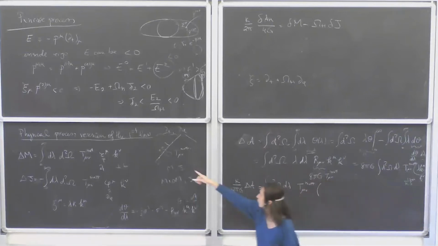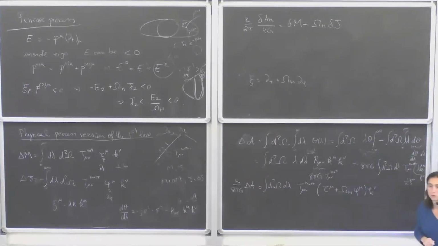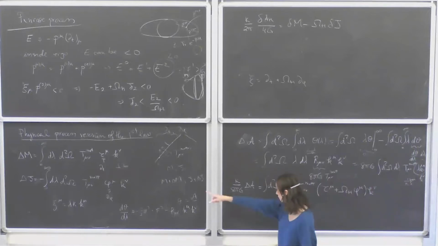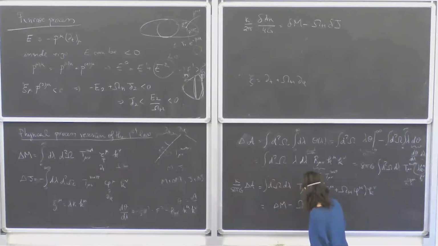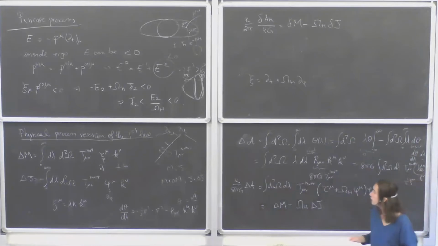So in my notation on this board, that's tau mu plus omega_H phi mu, into k nu. But this is nothing but delta M minus, because of my convention, omega_H delta J. Okay, so